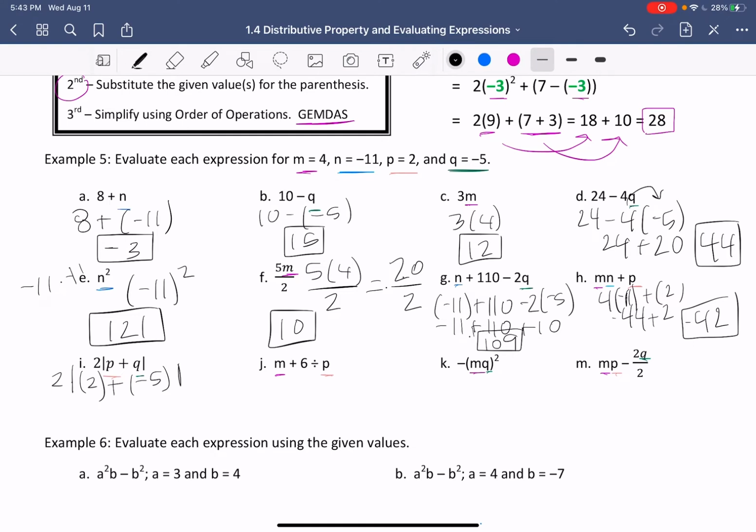So remember, we're using GEMDAS, so the grouping needs to be solved first. So everything inside those absolute value bars, that is a group. That's why we changed it to G instead of P, so that you're not just looking for parentheses. So we have 2 plus negative 5. That's going to be 2 minus 5. So we have 2 times